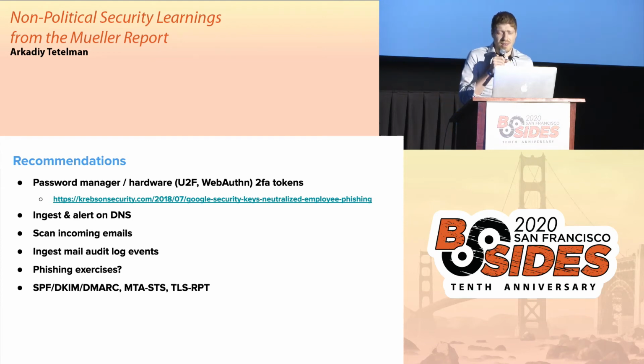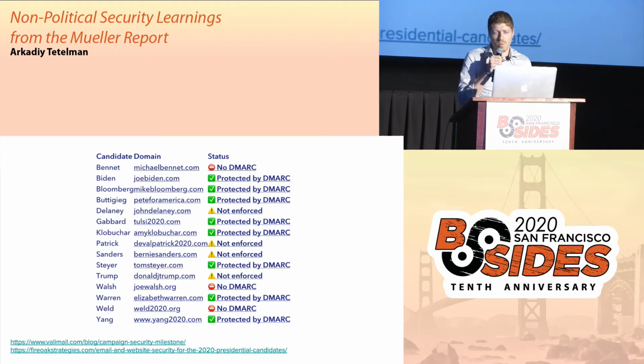And then there's some basic email security technologies. I'm not going to go into depth on these, but these first three help verify the authenticity of email. The latter two help verify that email is encrypted in transit, and they're more recent. So those are things that you can deploy. There was an interesting blog post, or a few interesting blog posts, where they're looking at the current 2020 candidate campaigns and their emails. And so you see about 50% of them use DMARC, which, if you're glass half full or glass half empty, could be good or bad. I think it's decent. I think we're trending up. It's certainly more than 2016, but we also still have a ways to go.